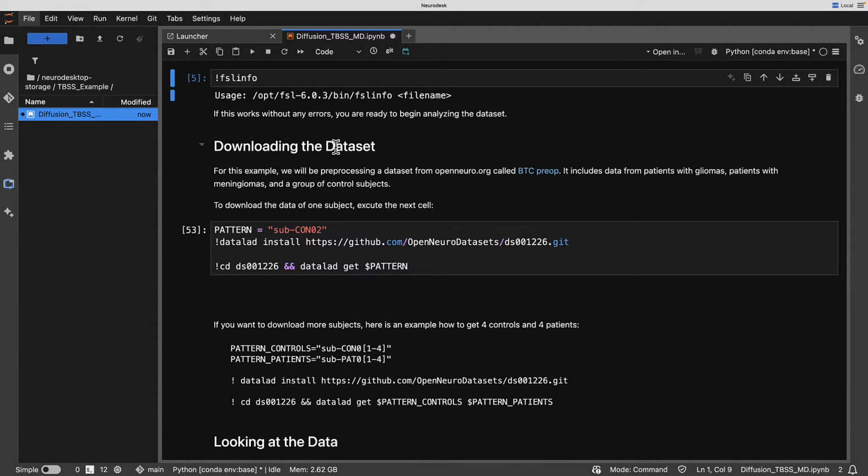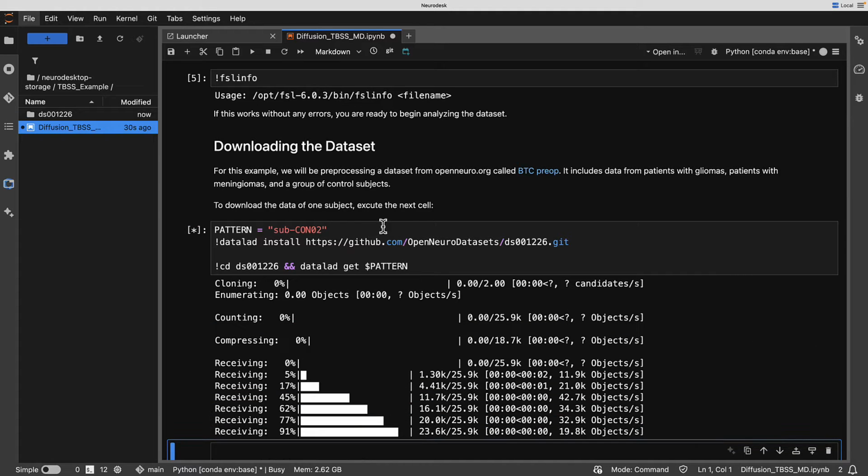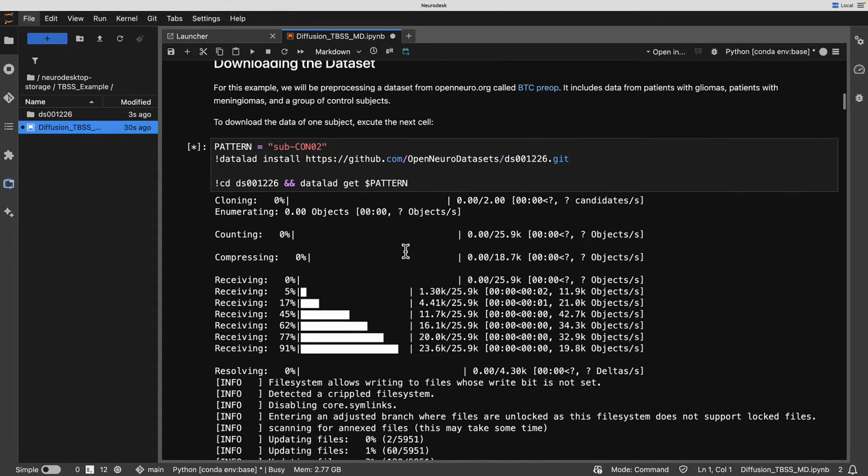The next part of the notebook will use something called datalad to download a data set from openneuro.org. Specifically, we're going to download a single subject, subcon02. This might take you 2 or 3 minutes depending on your internet speed, but basically what happens is it uses datalad to install the entire repository from OpenNeuro, which has a unique identifier, DS001226. And then after that, it goes into that directory and uses datalad get to retrieve that specific subject,